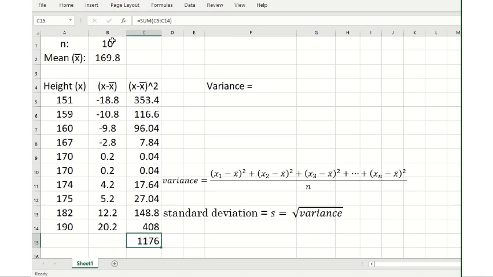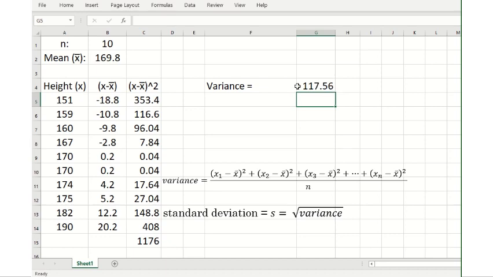and I'll divide it by n. I'll divide it by 10. So with cell G4 highlighted, I'm going to press the equal sign. I'm going to click in cell C15. That's the numerator of the variance. And then I'll press the forward slash, which represents division. And I want to divide by n. So now I'll click on cell B1, where I've stored the value of n, the very beginning of this process. I'll press enter, and I can see that the variance is